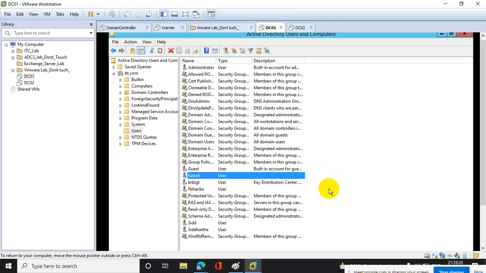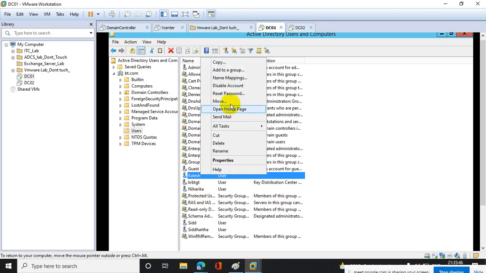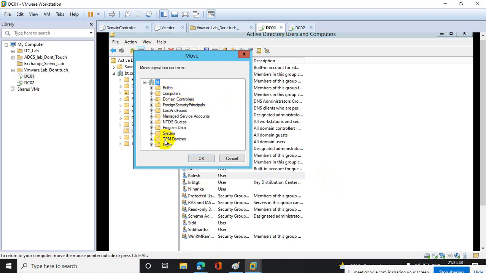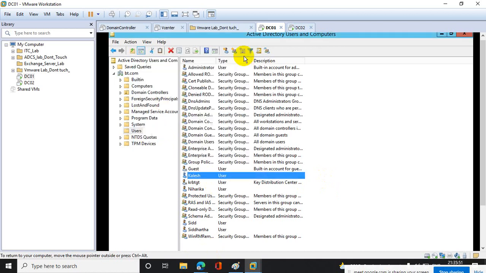Now you don't know which exactly OU Kalesha was in. So those who put the request, you ask them, user has been restored successfully. Now tell me the correct OU so that I can move that user to that particular OU. Now you have to select the user, click on move and select a proper OU, and from there you have to remove. Got it? So this one was not working last week, so we fixed it. Okay.